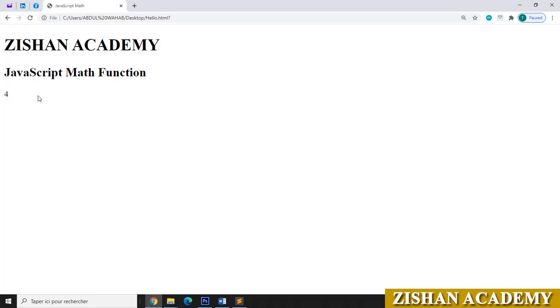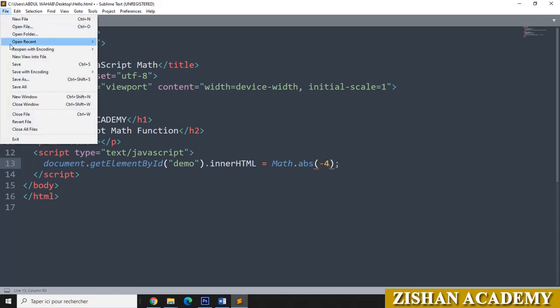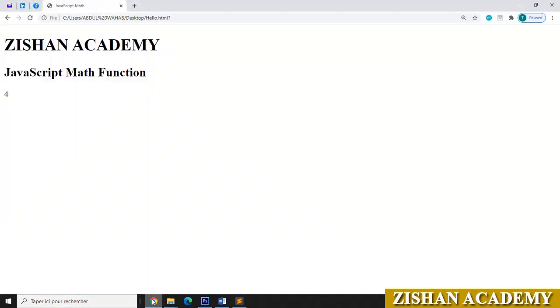Let us see the next one, absolute one. Just go to the editor. We'll go for absolute value, abs. Suppose I am having the value minus 4 something, go to file, save the file, go to the browser, refresh the browser.